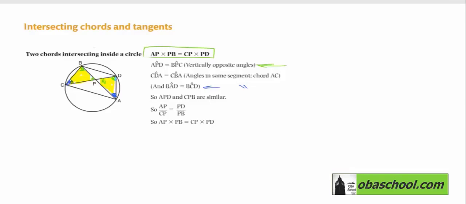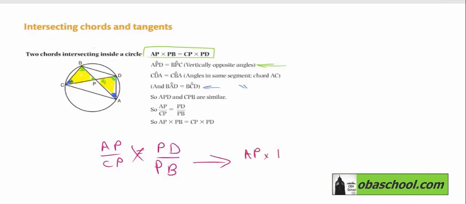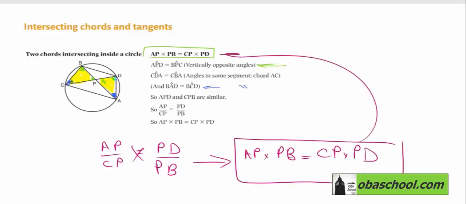And since we have AAA, they are to be considered similar triangles, as we have mentioned previously. So, AP over CP is equal to PD over PB. Now, writing the fraction, at first, you have these two fractions equal to each other. Now, once we do cross multiplication, you would actually reach AP times PB equal to CP times PD. And that is following the first rule that we have just mentioned at the very beginning of